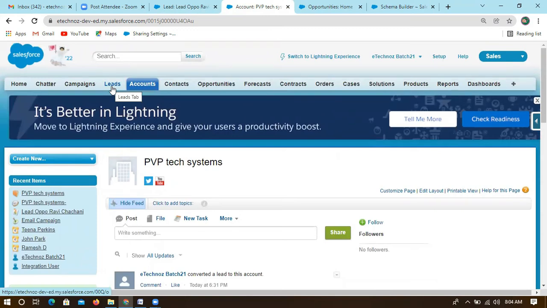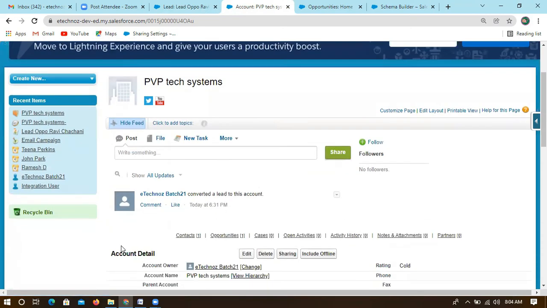Okay. Usually we have to create, right? I have to go to each account and create one account, and then a contact, and relate that contact to the account. Then I have to create an opportunity and relate the account again to that opportunity. So instead of doing that manually, we are just converting, which is given by Salesforce itself.